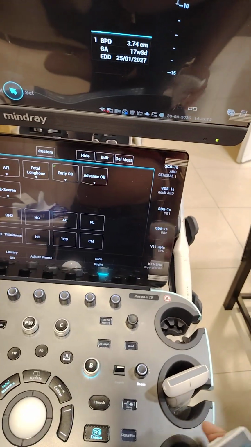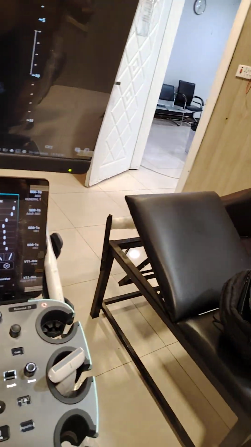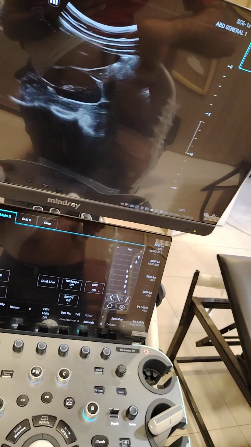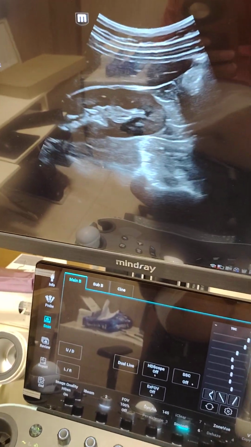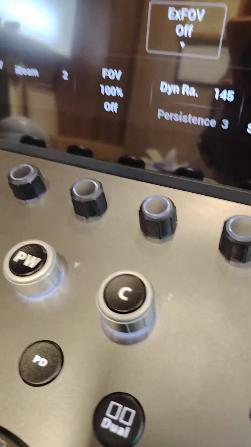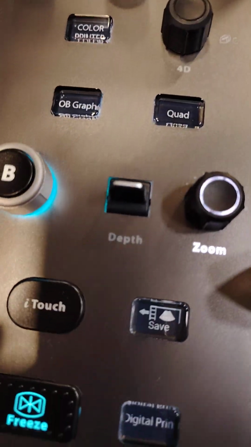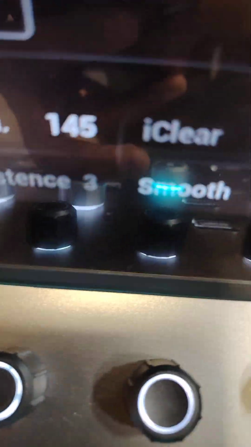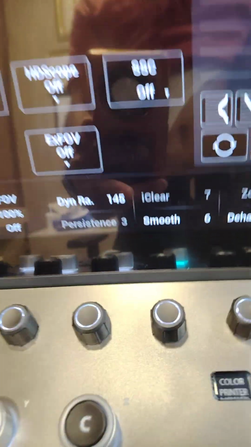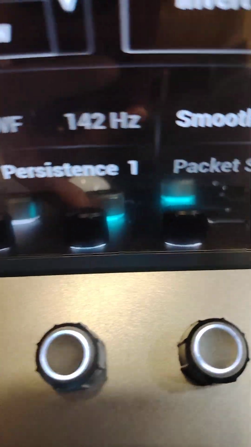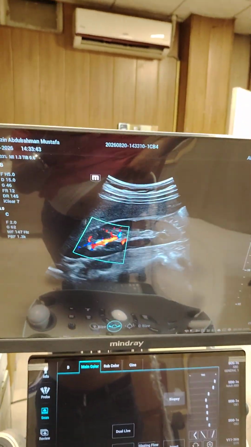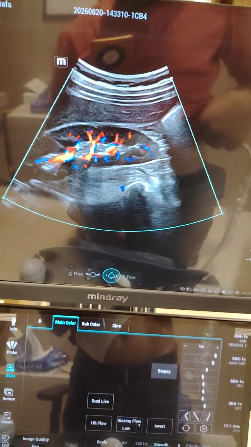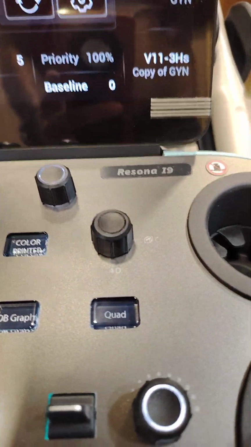And just for example, increase. Okay, this is the image. We press save, freeze, then save, for example. And another one, sorry, I'm using one hand. Color, freeze, save,